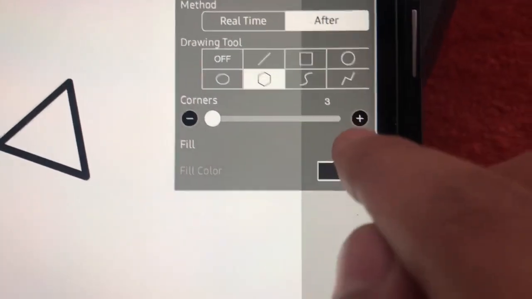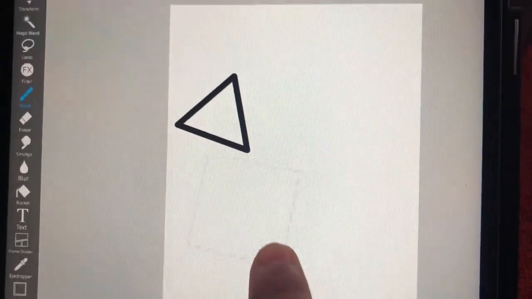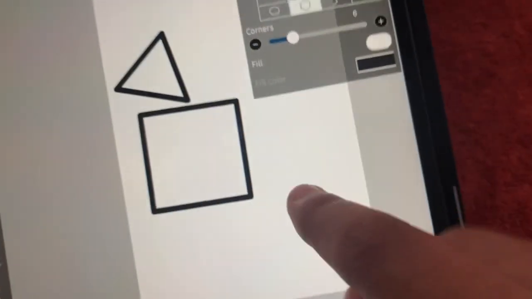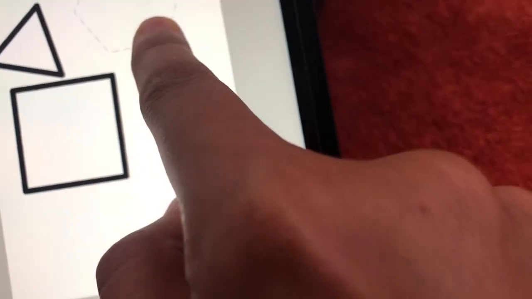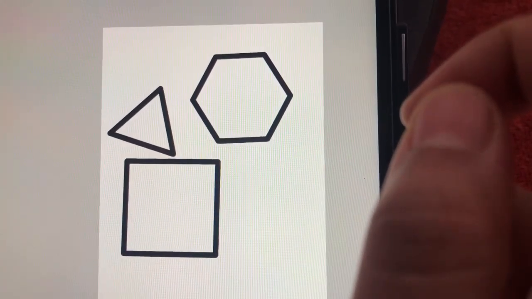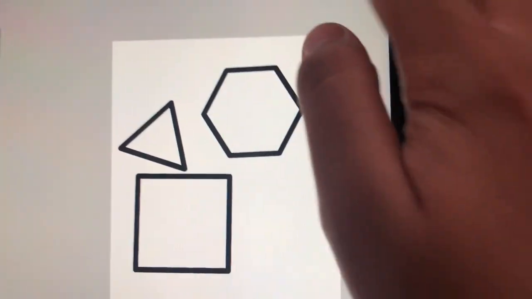Let me increase the number of corners here. So I'll just choose 4 and let's draw a square or a rectangle. This is a square. Let me again increase the size to 6 and I will draw a hexagon. Right? So yeah, this is all about the different types of shapes.